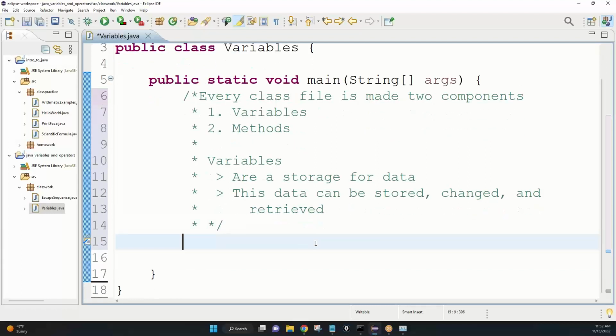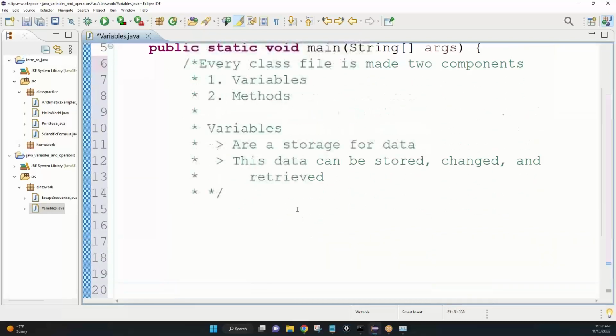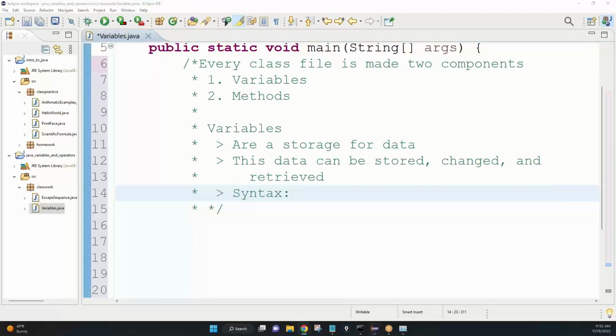Let's take a look at an example and how we do it. Let me write the syntax first. So the syntax is you write